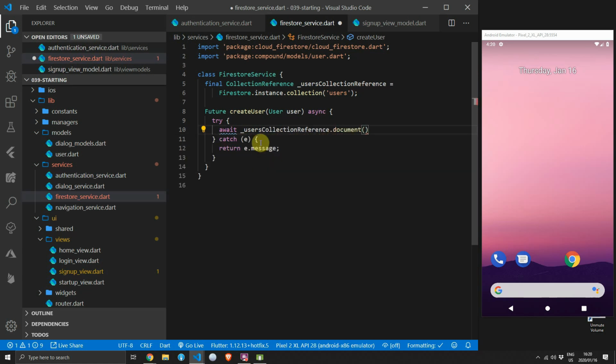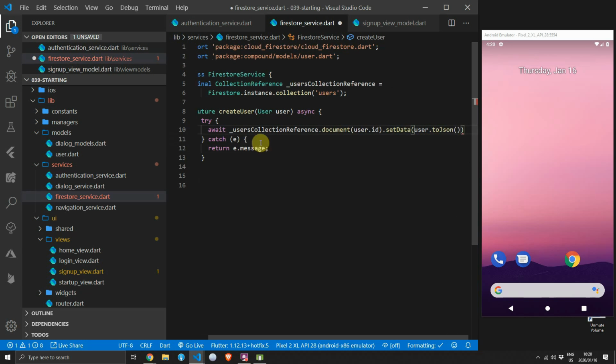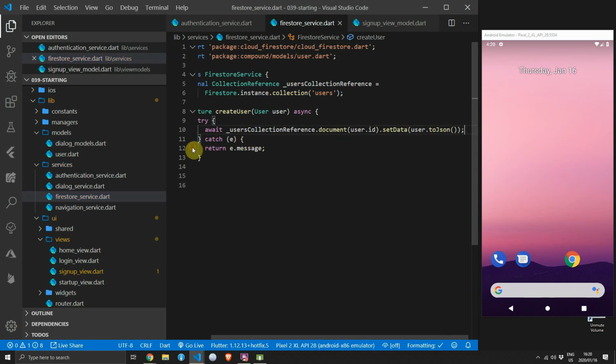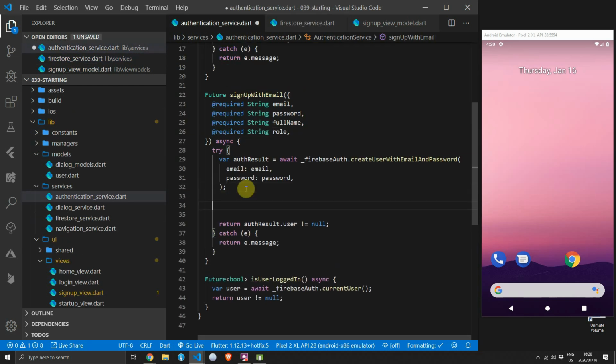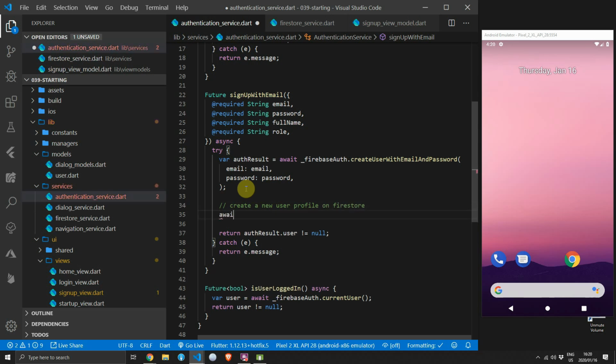We'll get the document using the user ID, which is the ID from the Firebase authentication service. And we'll do setData and get the value from the toJson function on the user object. That will create a document with the same ID as our user's ID. This will make indexing easier, so we wouldn't have to query and use a where-equals ID to find our